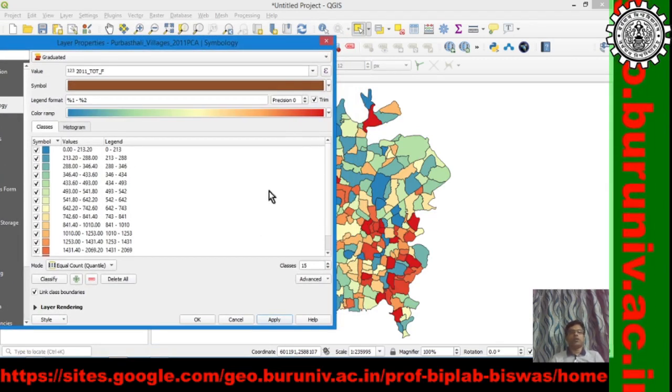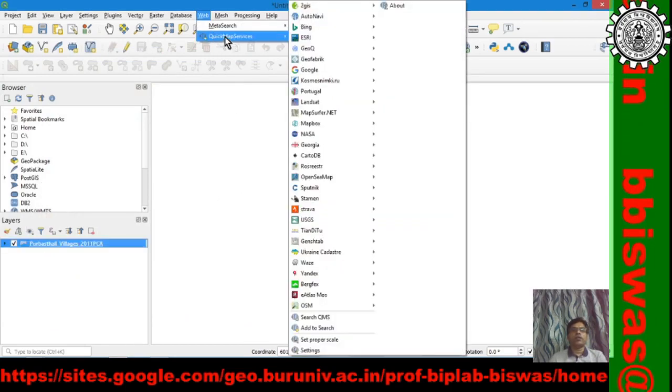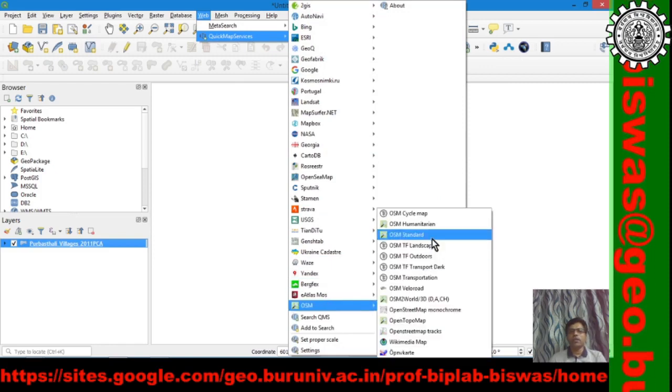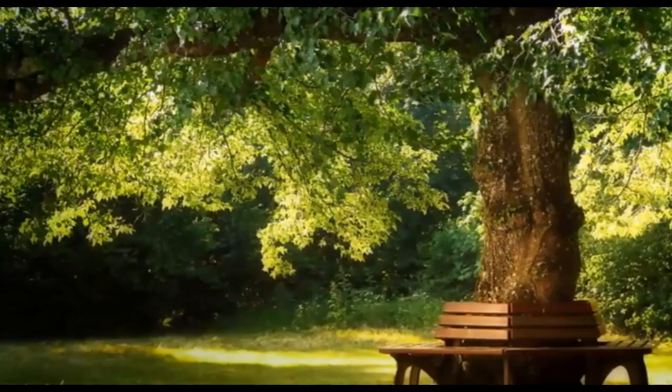So in that way we can make a lot of maps as we like, and we may like to see where it is located on the earth. So you can hit the standard and the standard map will come.